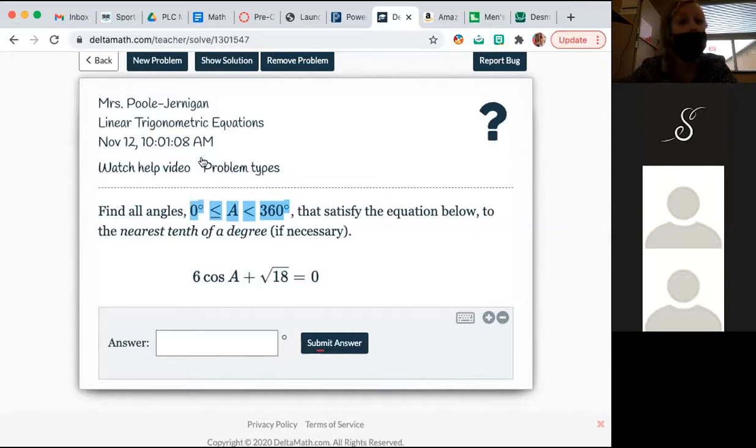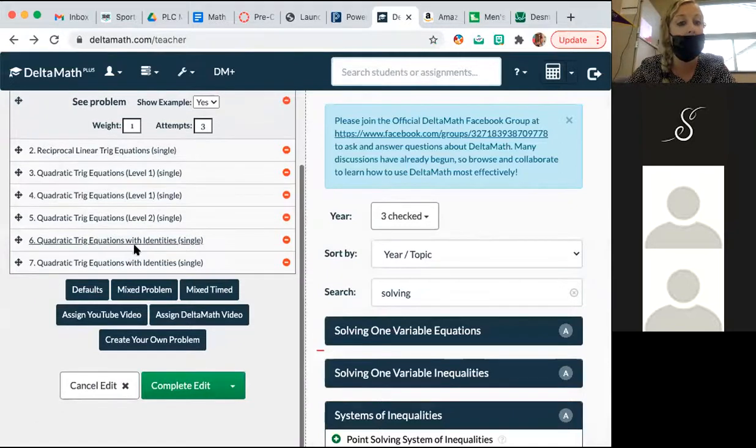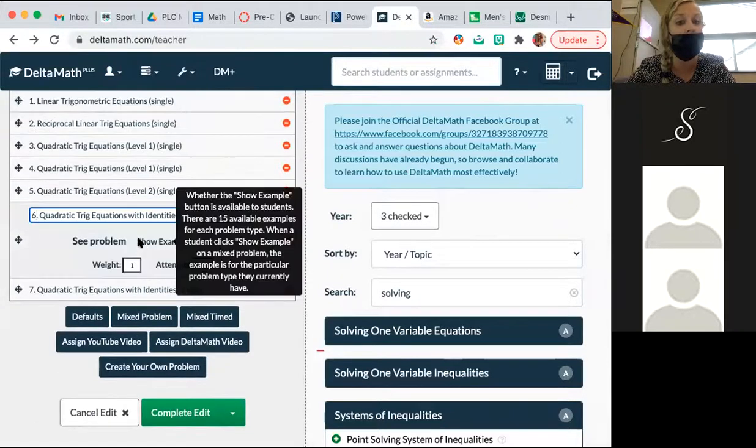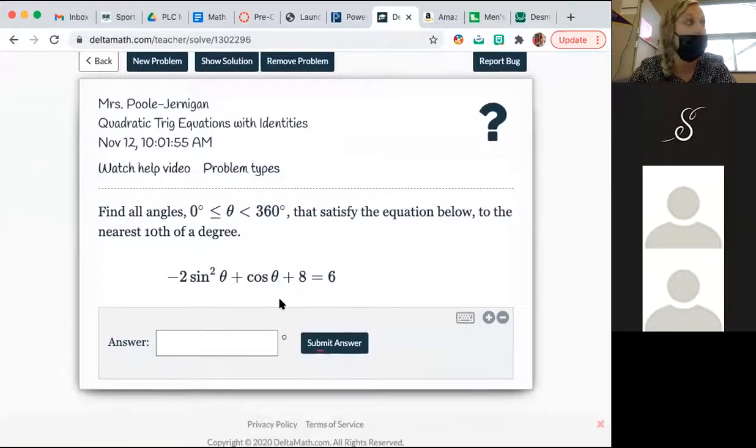Okay, so you have 7 in the classwork. If it was me, I would start with 6 and 7 because these are the harder ones, y'all, where you have to use identities. But this looks just like the one we just did in the notes. Okay? So I do want you to do this because some of y'all seem to be struggling with equations. So I want to make sure we're good because that's about 1/3 of your test on Monday. And then when you finish, make sure you turn in the shown work for your classwork. This will also be an easy classwork grade because some of y'all need a